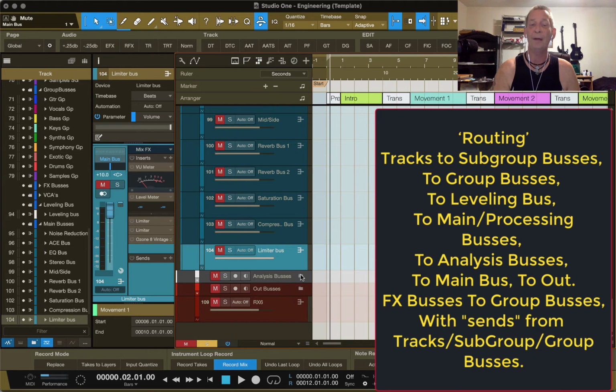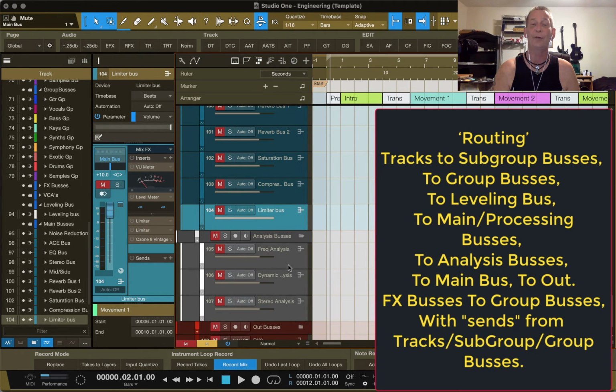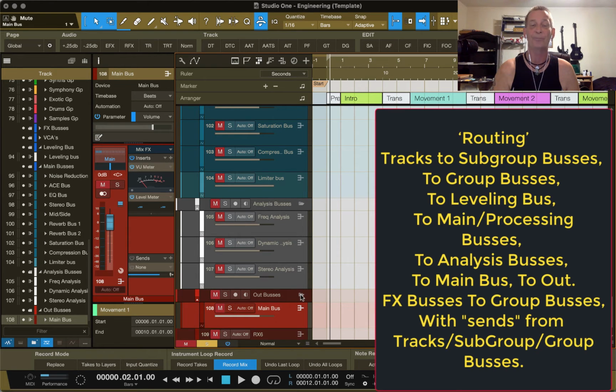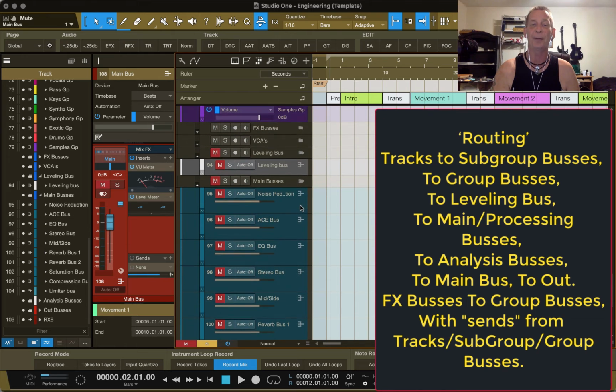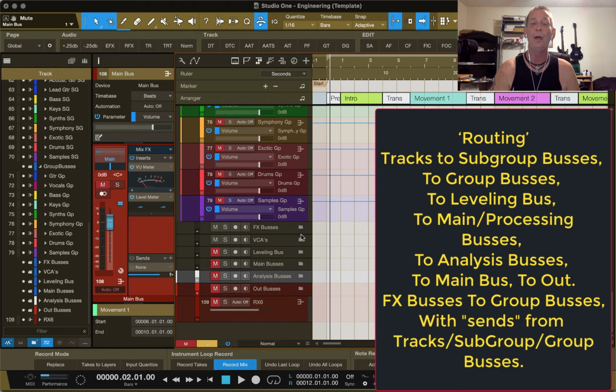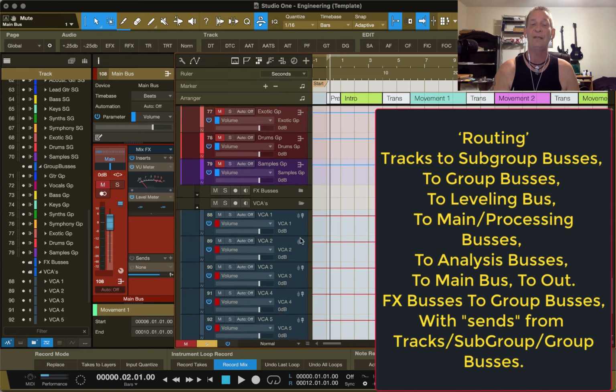And on the back end of those, I've got frequency analysis, dynamics analysis, and stereo analysis going just to an out bus before the main out, just to catch anything that might be a problem. And it's set up pretty simply. I mean, the routing's pretty simple, the setup's pretty simple, and back behind it, I've got some VCAs set up